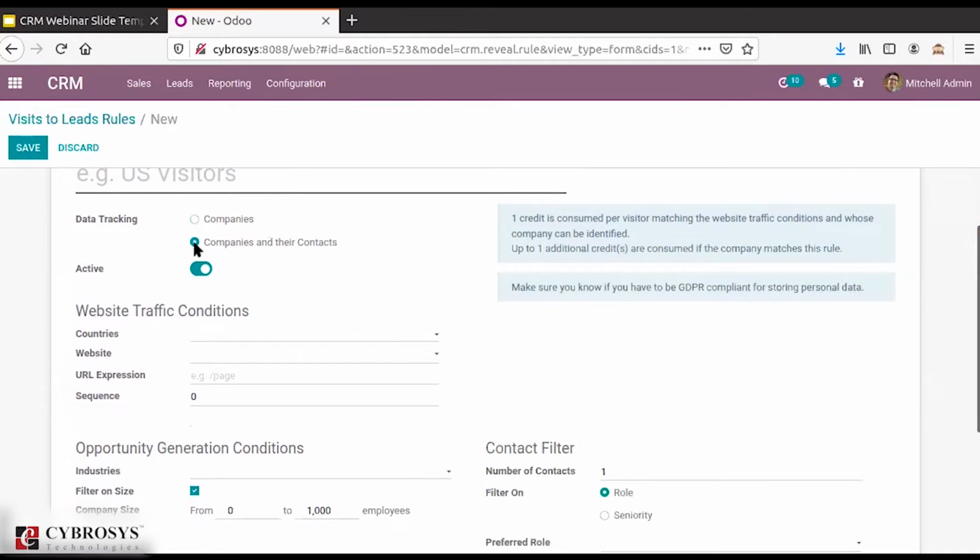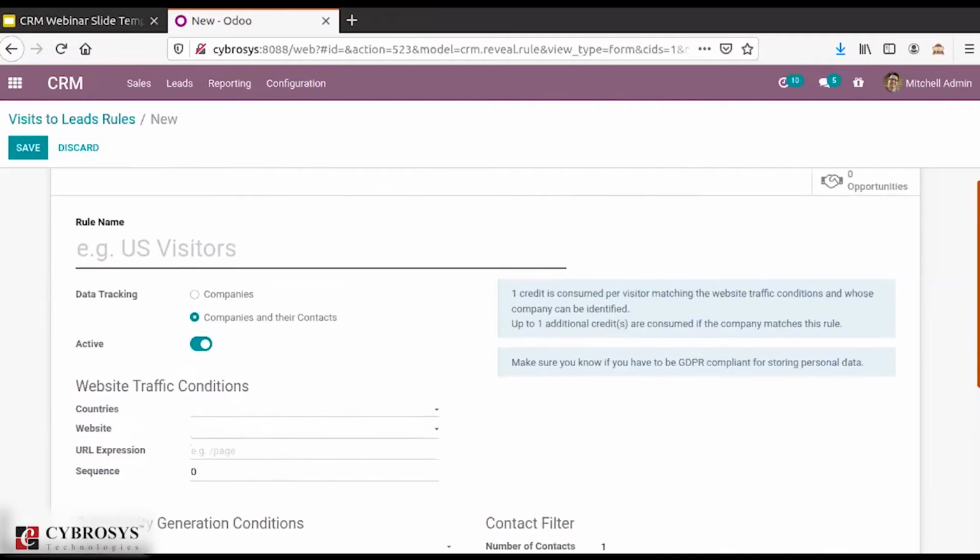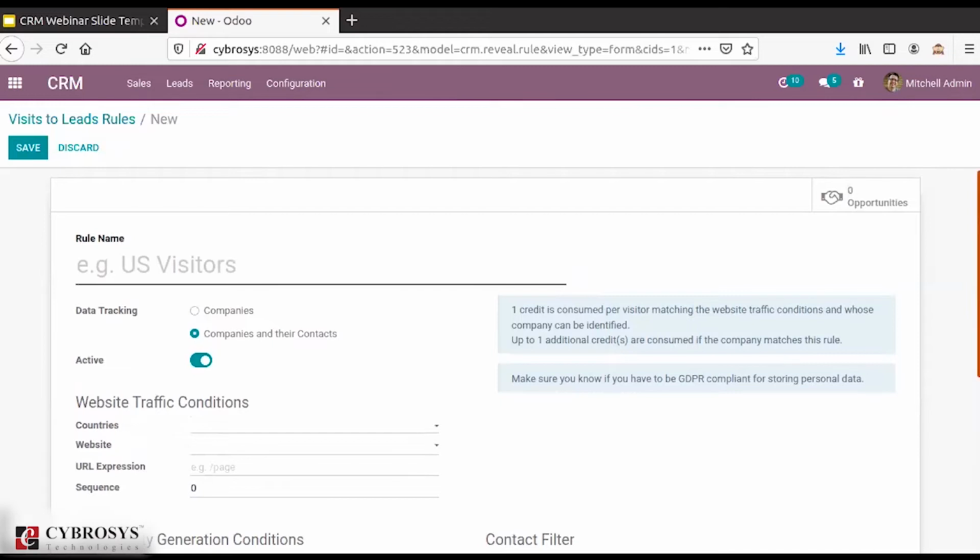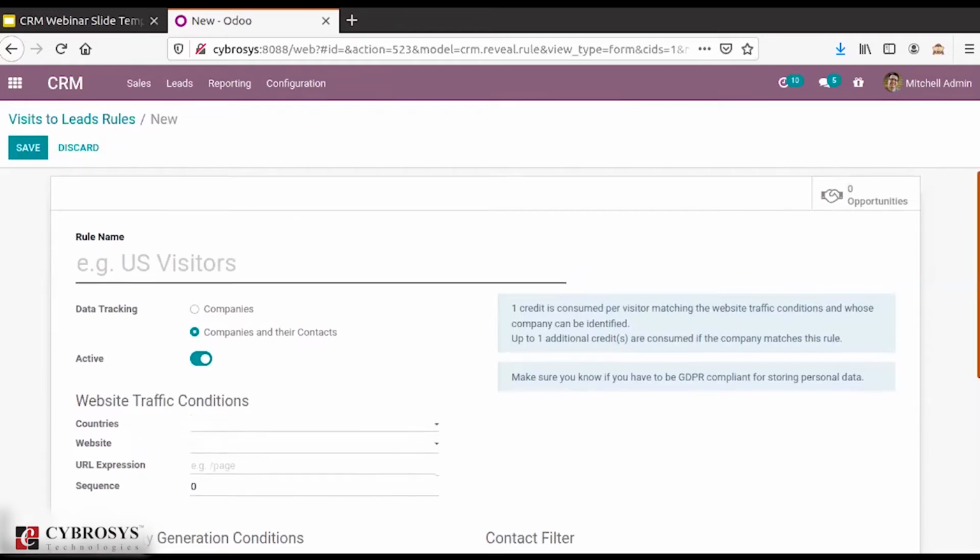When I enable this option, you can see on the right side another note comes up, that is, make sure you have GDPR compliance for storing personal data. These are certain other things that deal with credits, since it is a paid service. You should make sure you have all this available, then only you will be able to generate leads through this feature, that is, the visit to lead rule.